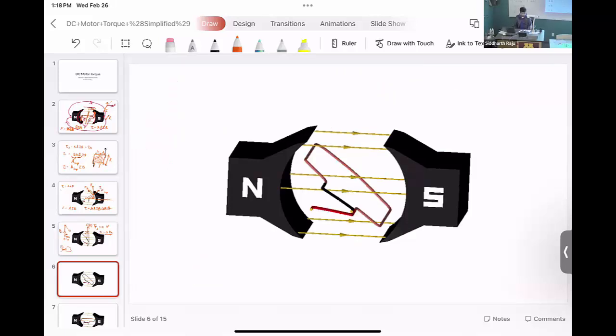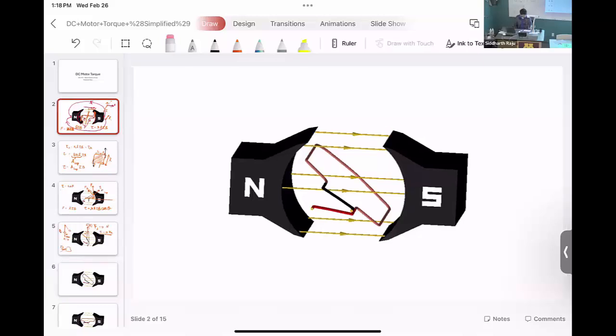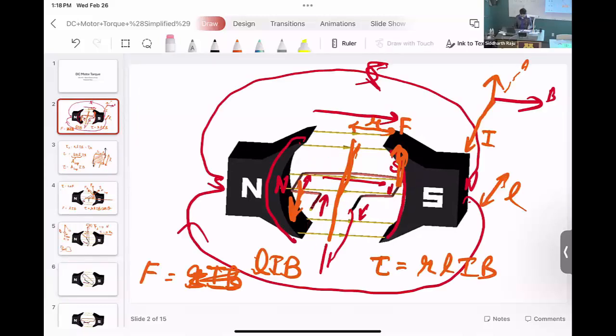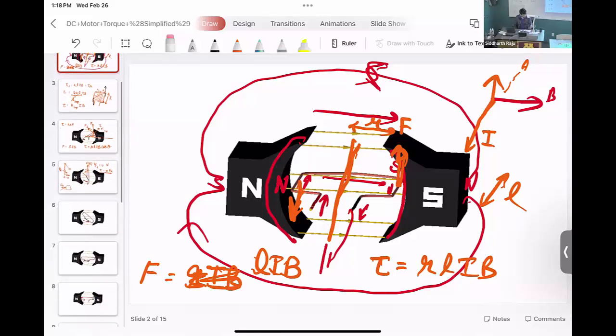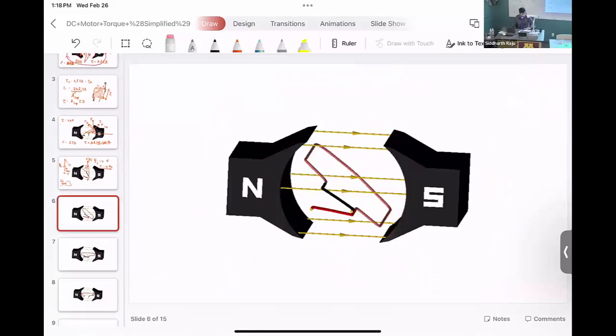What will be the direction of force? If you look at this, the conductor marked in red started off at the left, right? And now it has completed almost 135 degrees of a turn. So for the conductor in red, the current is going like this. I'm not going into full screen because I don't have the multiple color pen option there. But the current is going into this and coming out of this conductor. What is going to be the direction of the force in this case? Let's say for the conductor on your left,